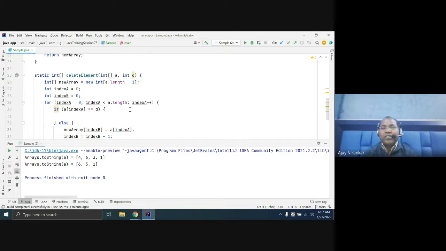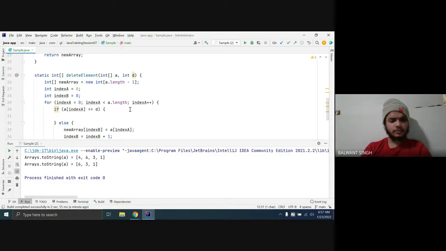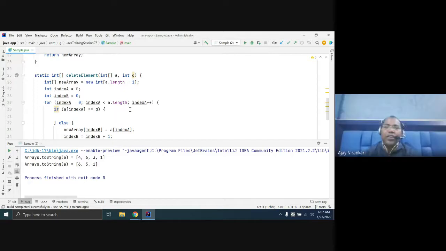And here in the if condition, if index of a is equal to index d. Here only we have to change, nothing else.